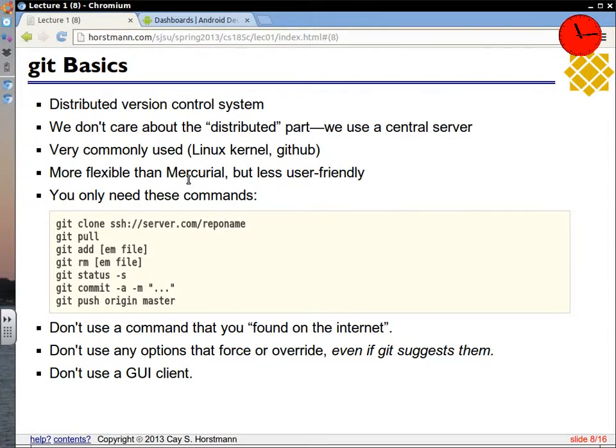So you may have used Mercurial in 46B. There's a lab in 46B that gives an introduction to Mercurial. Mercurial is like Git but sane, meaning that the Mercurial commands are very, very regular. And in Git, there are crazy options that you just have to memorize. But if you've done anything with Mercurial at all, you'll be able to use Git, and the differences are pretty small. I'll go over them in a minute.